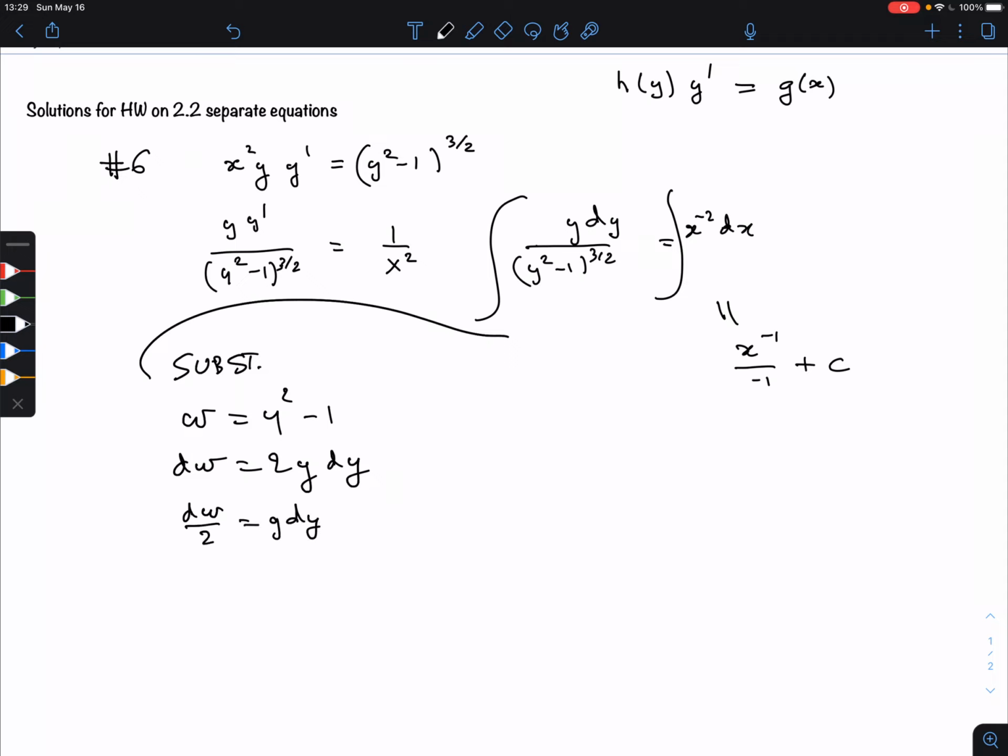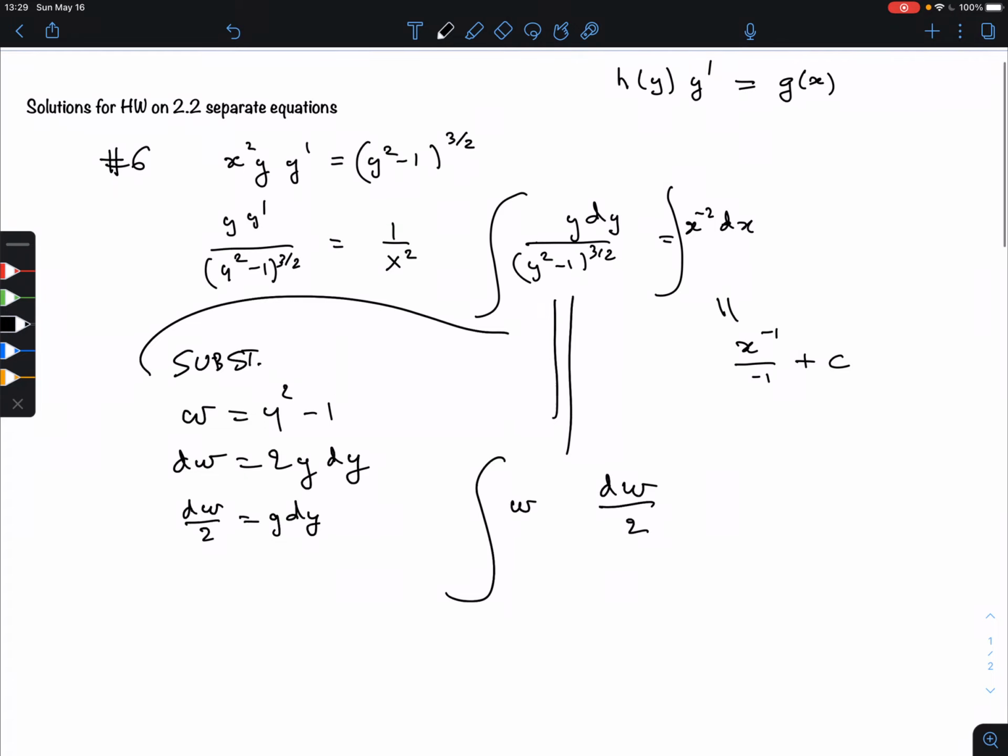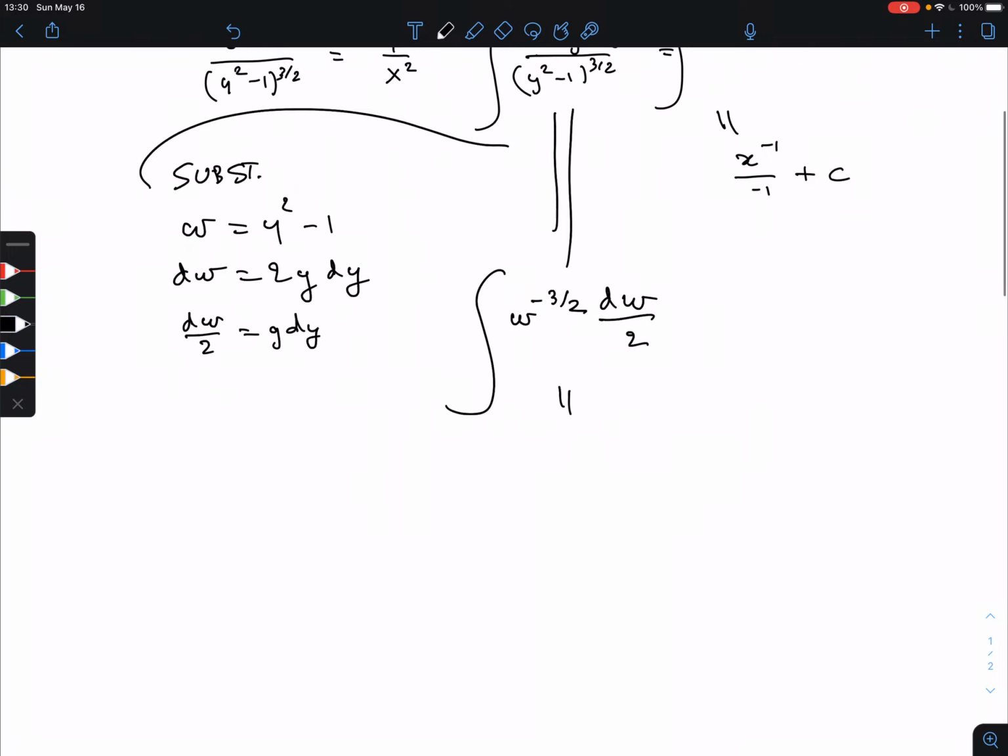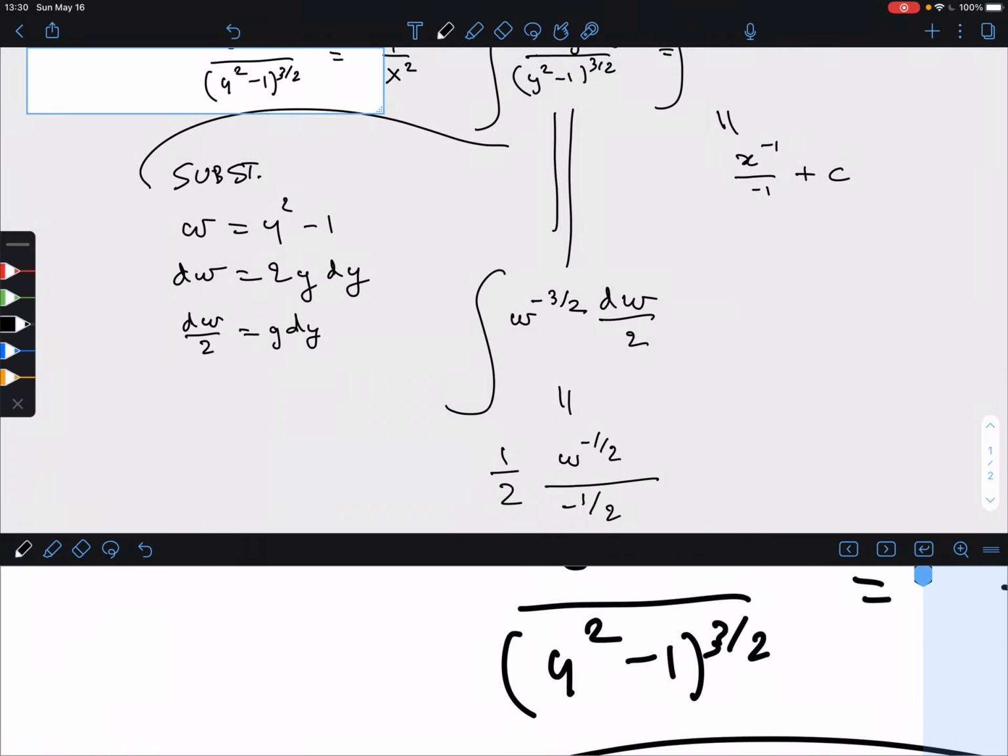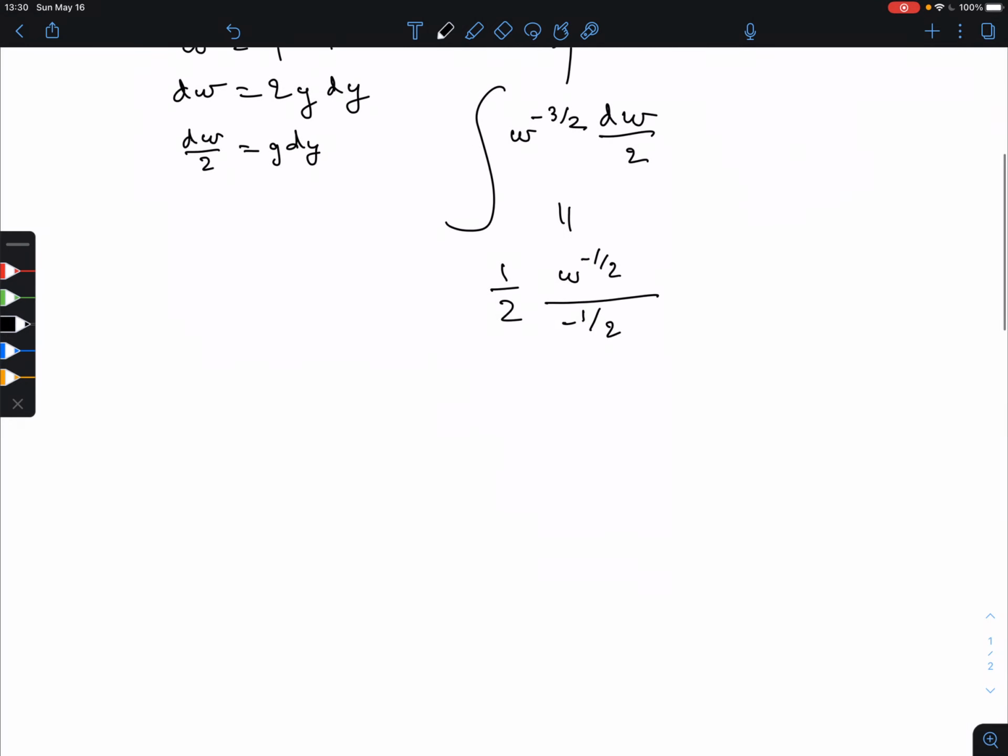And now I can plug everything in. So this is equal to, well, the y dy that I just said is dw over 2. And then the y squared minus 1 becomes w to the power 3/2. But since I'm going to have to integrate, I'm going to write it now with a negative exponent. Great. And this is, again, power rule. It's a half. You add 1 to the exponent, minus 3/2 plus 1 is minus a half. And then divide by that, minus a half. So the halves cancel out, and we find that this is actually